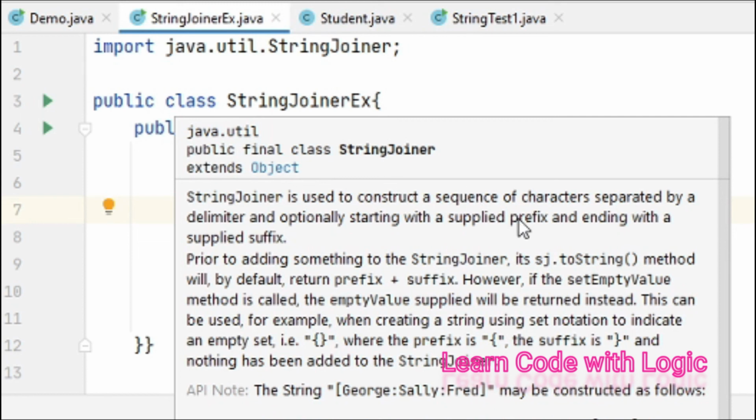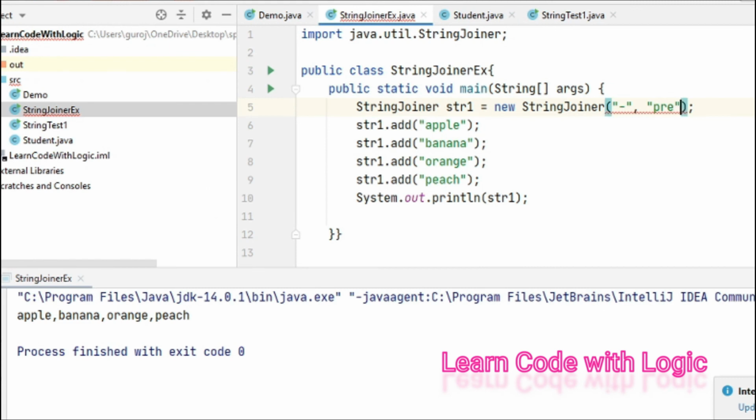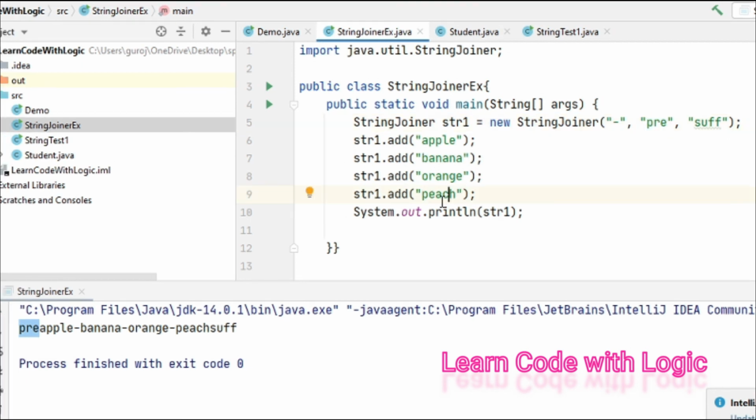And the second part is, it is also talking about prefix and suffix, right? We'll see that part also. Let's say prefix and suffix. In the first string, you can provide the value right here, that is the meaning of prefix. And at the last string, you can add the value here. Here you got it now, SUFF. So you can change it to anything. Here I am giving names. This is the functionality of prefix and suffix.